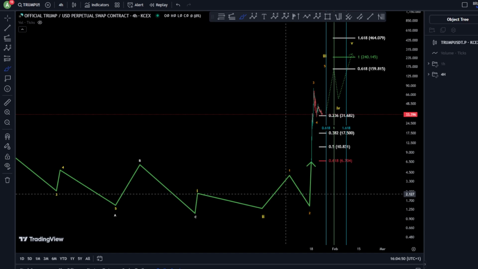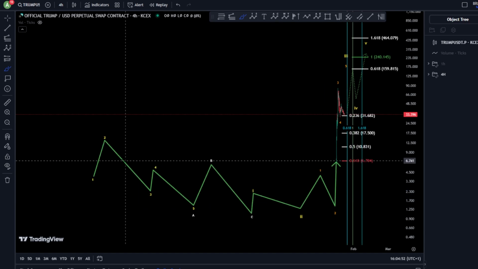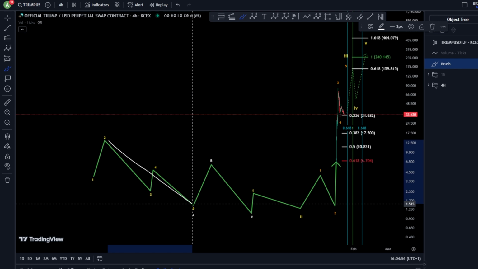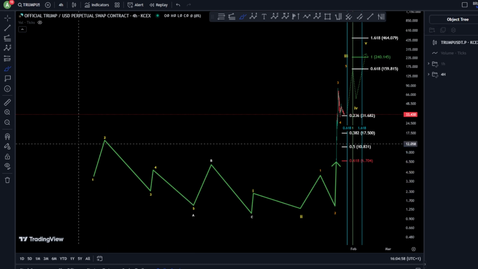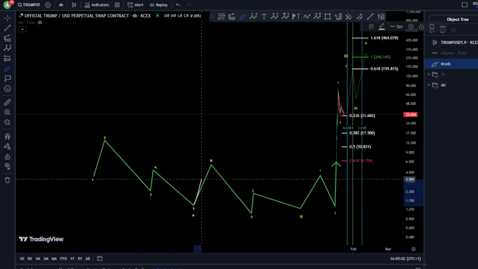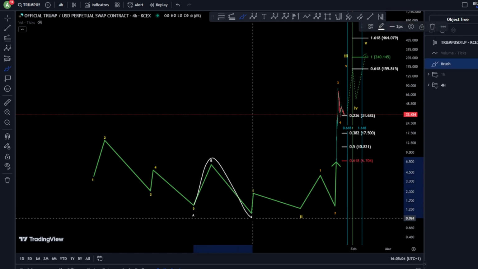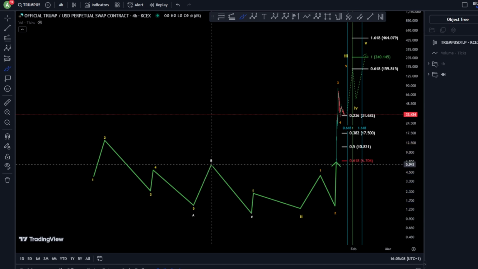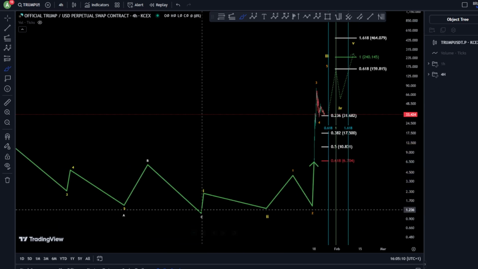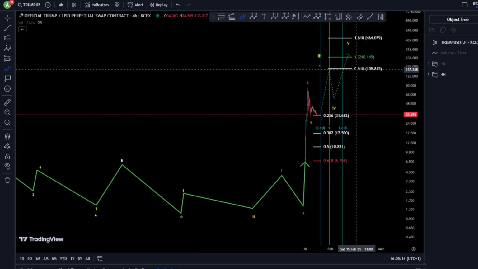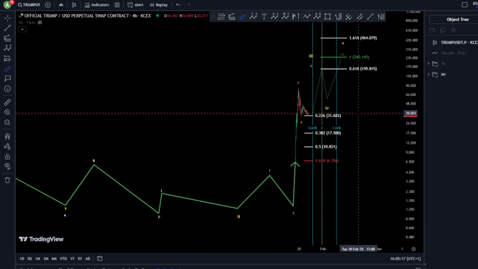What we are looking at is a finished impulse toward the downside, 1, 2, 3, 4, 5, finishing a wave A, and finishing a wave B toward the upside. So A, B, C as a zigzag, because this looks like it was an impulse, and then 1, 2, 1, 2, and then 3, 4, 5, 4, 5, and this is what we have had since that time.